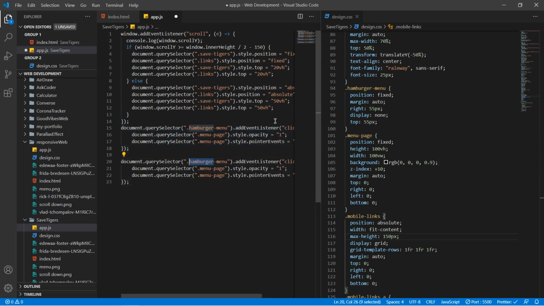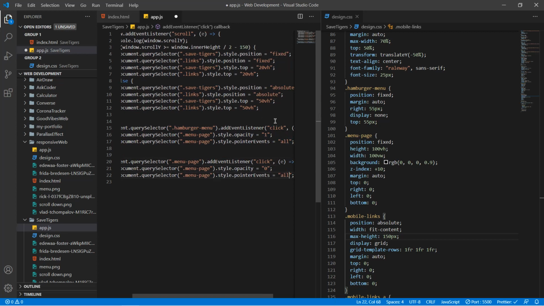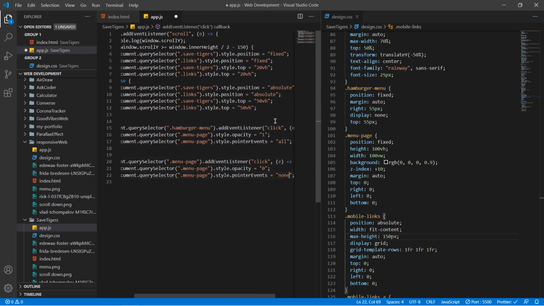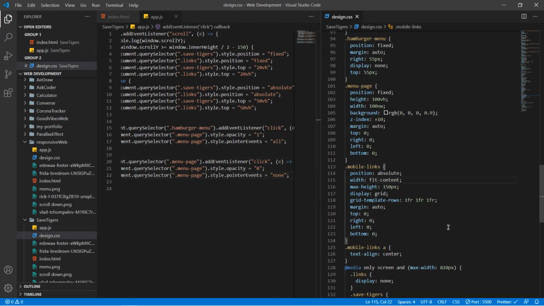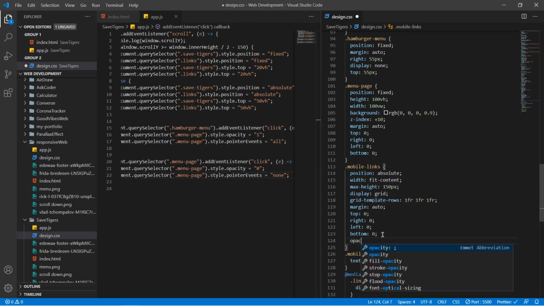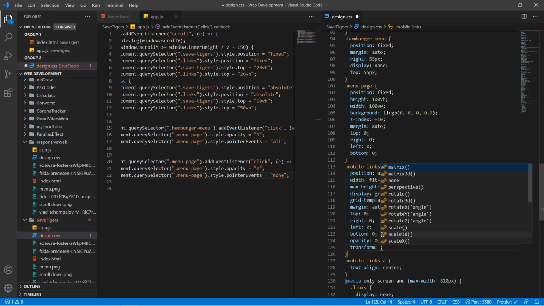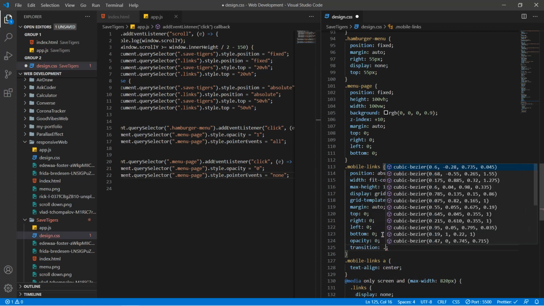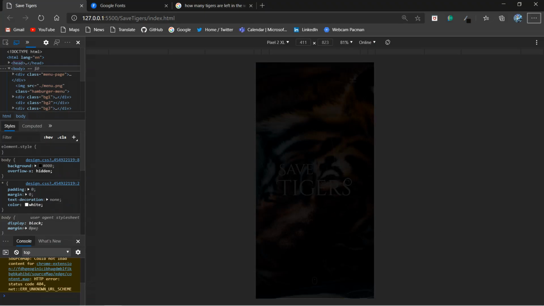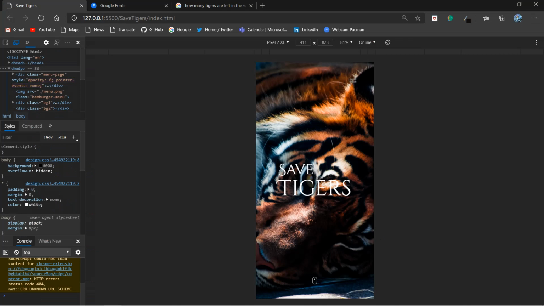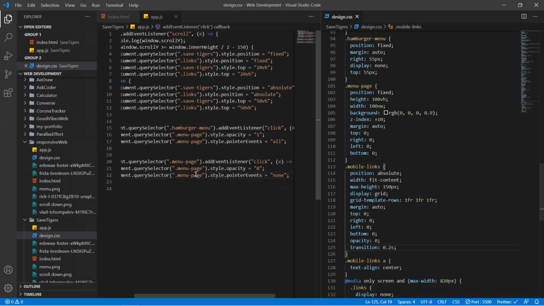And now what I'm going to do is copy this whole thing from here, paste it down here, and then make this for the hamburger menu. I'm going to make this menu page, and when we do that, we are just going to change this to 0 and this to none, and then save it, and then make the opacity 0, and also give it a transition of 0.2 seconds. And now if we click on this it shows up, but we gotta